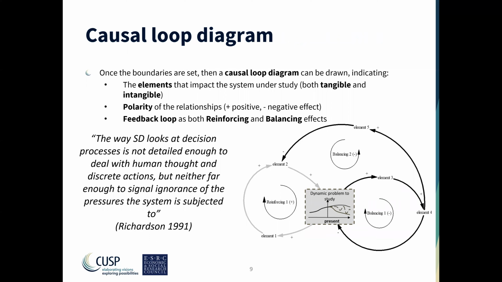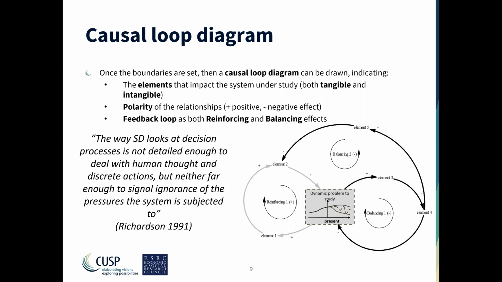We can move from that initial perspective towards the definition of elements and the definition of what is a causal loop diagram, one of the major tools of system thinking. In this diagram, we can think about both tangible and intangible elements, where you can think, for example, about forest land or resources or industry. On the other hand, we can think about perception delays or things that are not as tangible as physical things.